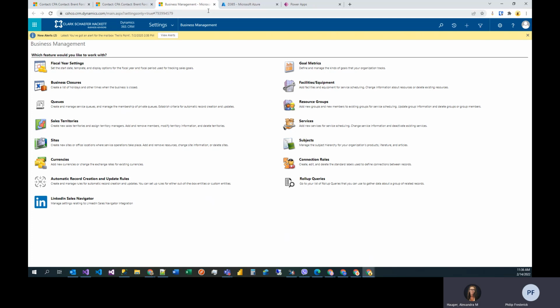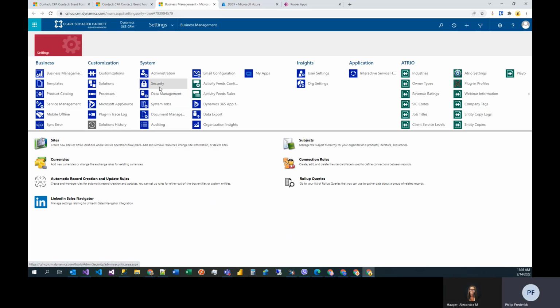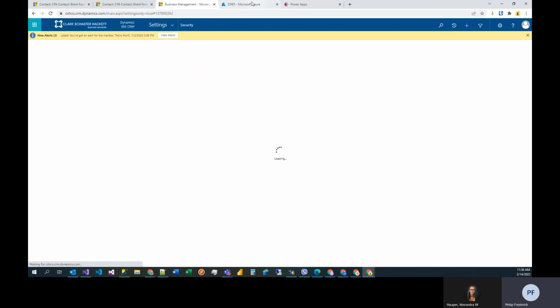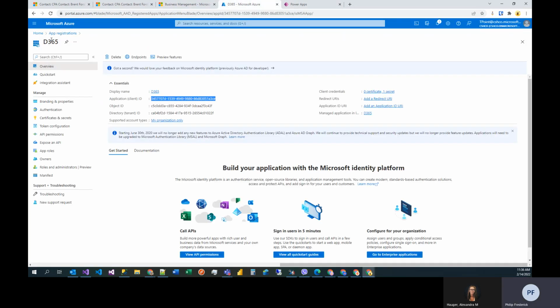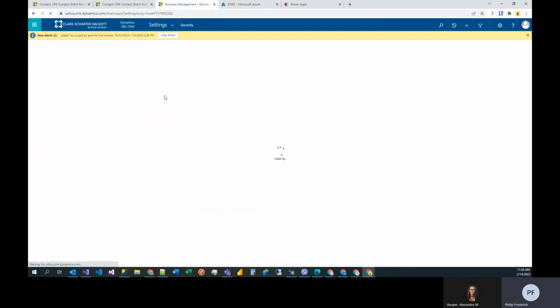So if you have another integration or another integrator, software being used, or if there was another third-party software that you wanted to hook up with TIBCO, you could create a separate connection for that particular one and not use this D365 one. So the way you do that is once you've created the application in Azure,